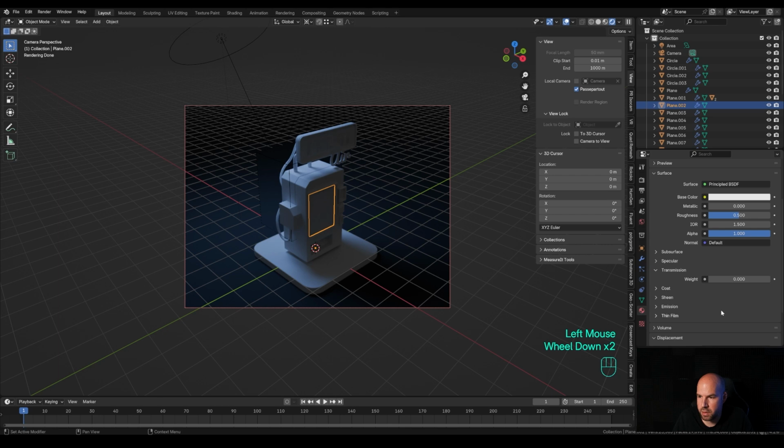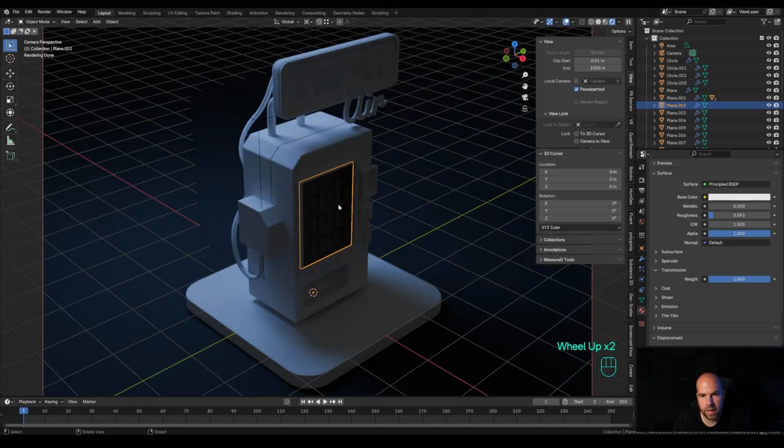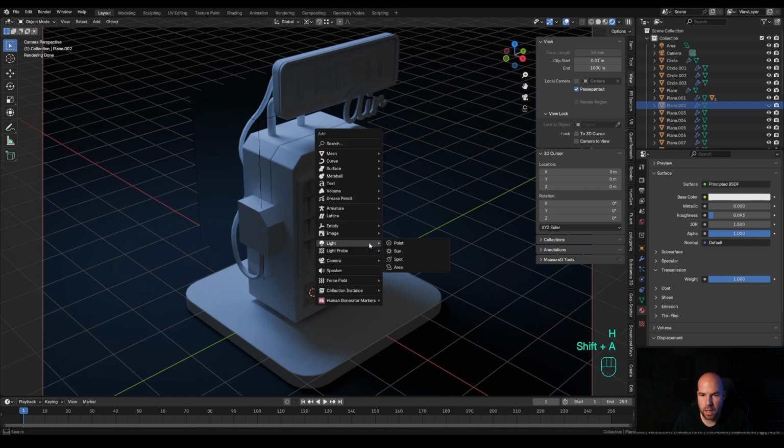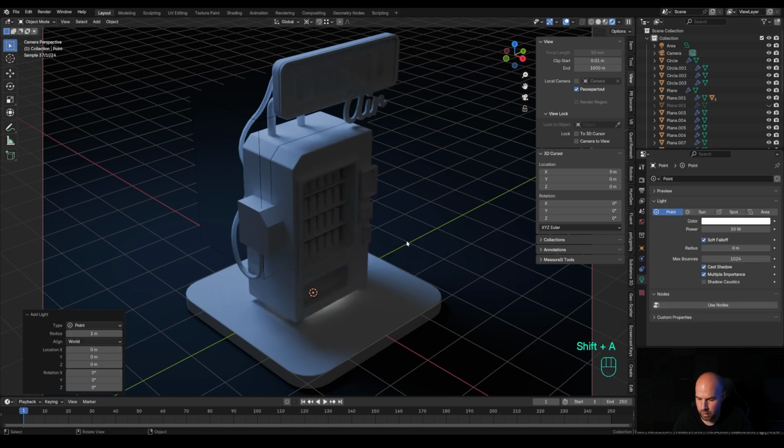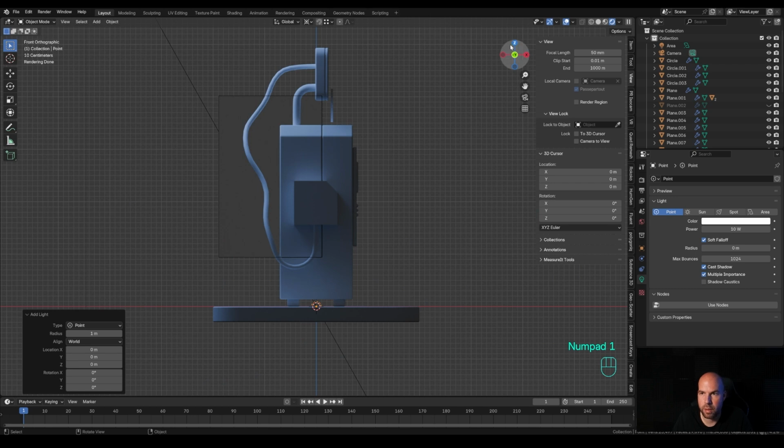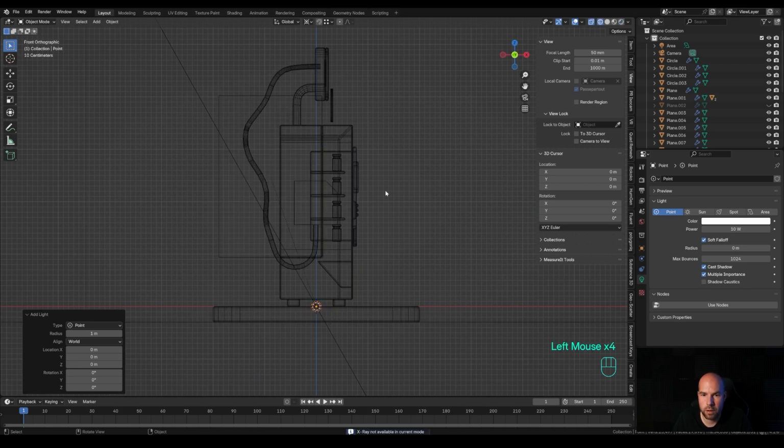And let's increase the transmission all the way to 1 and reduce the roughness to something really small. And you can see already the cans showing through, but we'll need to introduce some light inside. So press H to hide, and let's press Shift A and add a point light here. Now let's look from the front by pressing 1 on a numpad, and we can enable wireframe view here, and